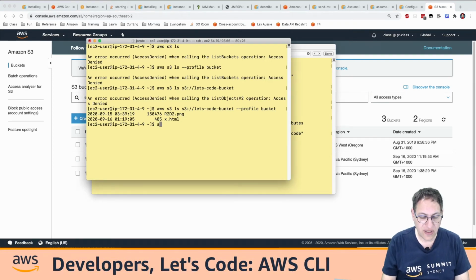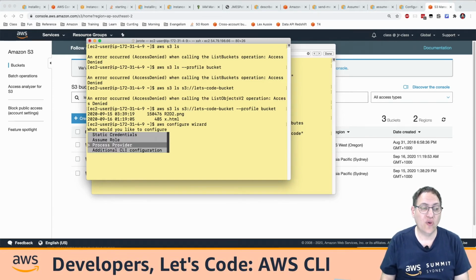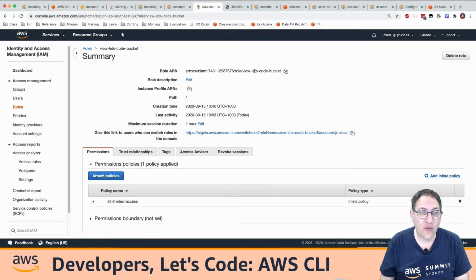Excellent. So I can use something here called AWS Configure Wizard. And the AWS Configure Wizard says, hey, what do you want to do? Do you want to put in static credentials or do you want to assume a role? And I can say, oh, I'd like to assume a role, please. It says, what's the name of that role? So if I go into my IAM, the role is called